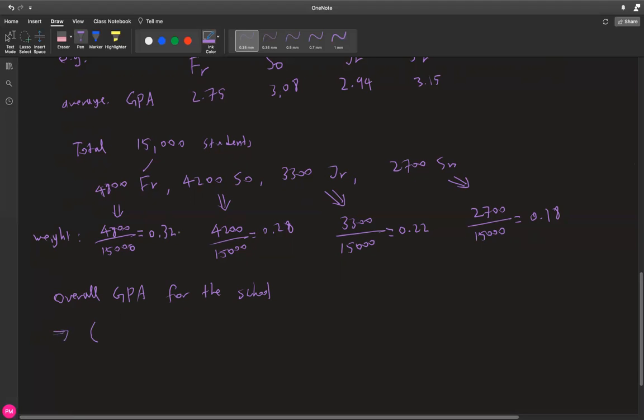You're simply multiplying the weight, in this case for freshmen 0.32, by their respective numerical value, in this case 2.75. And you're adding the 3.08 multiplied by the respective weight, in this case, 0.28.